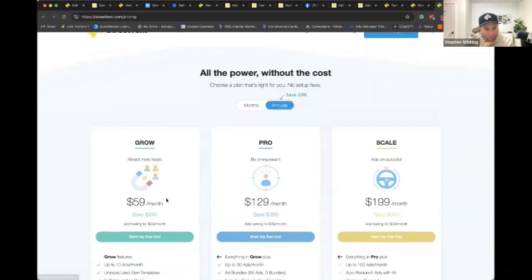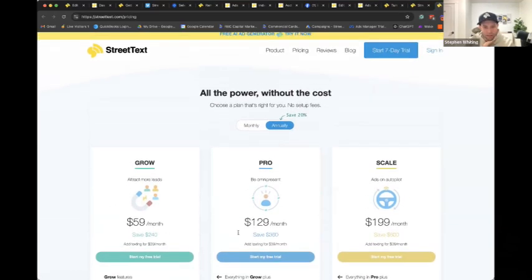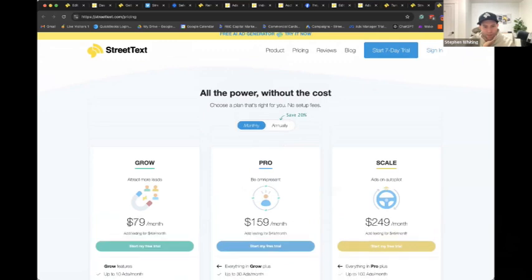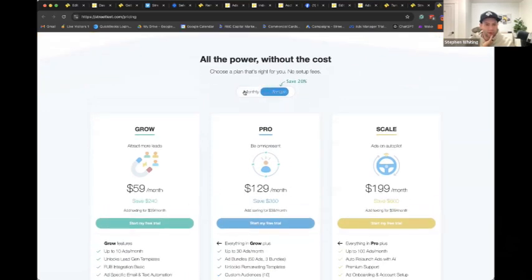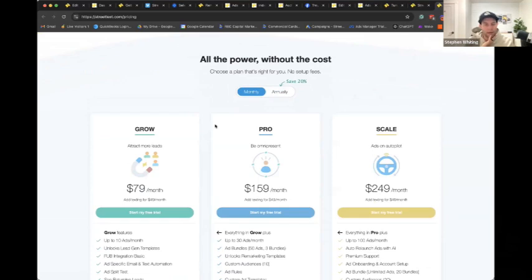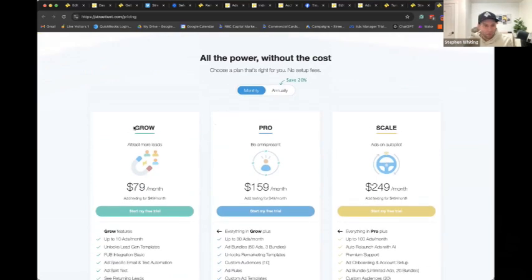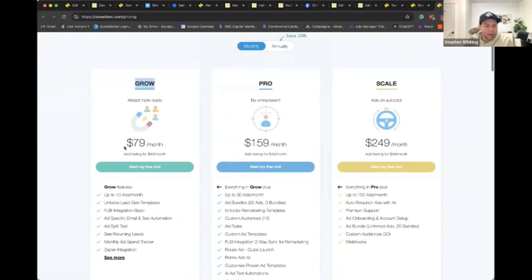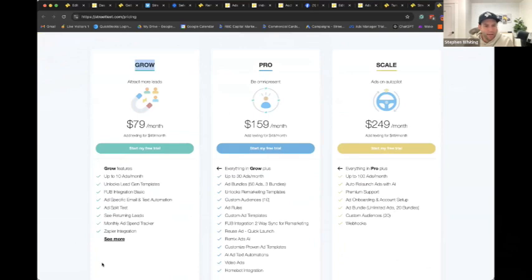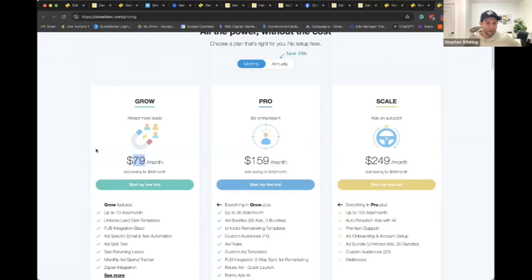So our pricing is, if you want to pay annually, obviously it's a little cheaper. If you want to pay monthly, it's just slightly more, but you pay month to month. The Grow plan is if you want to generate leads and run all of the lead gen campaigns. You want our powerful tools like our split test feature, which I think we covered in the previous demo, and a lot of integrations like Zapier and your CRM, but you just want to generate leads. That's $79 a month on the month-to-month, or $59 if you pay annually.